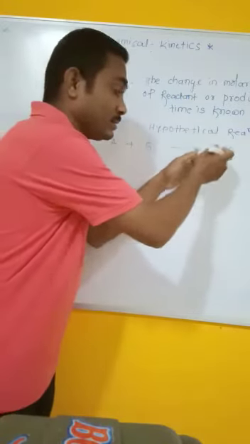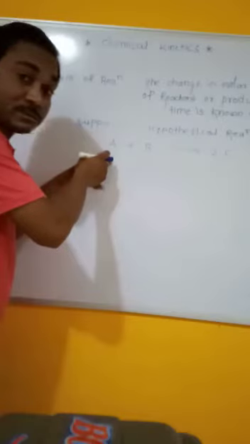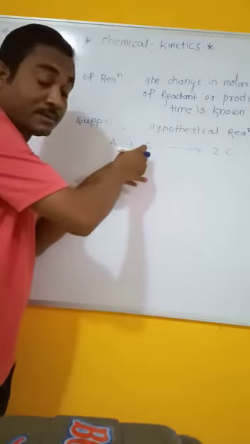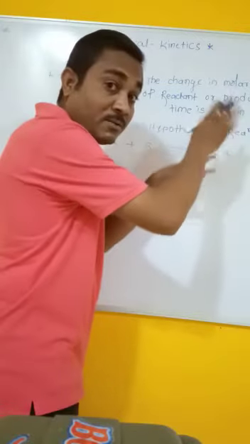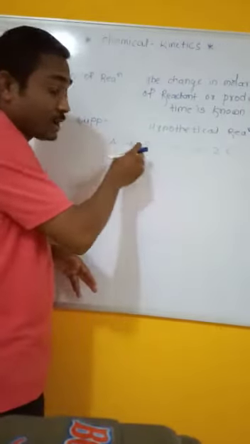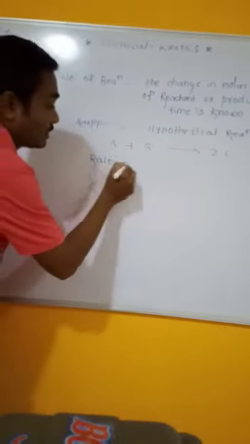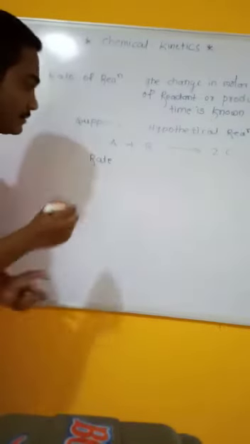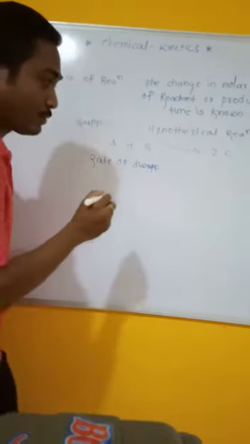That means this product increases two times. That means the rate of disappearance of reactant A is two times, and the rate of disappearance of reactant B is two times. That means the rate of appearance of product C is one time, but the disappearance of A and B is two times. Here we have to write the rate of reaction in such a way: rate is equal to minus rate of, we have to find out the rate of reaction for each reactant, rate of disappearance or decrease,